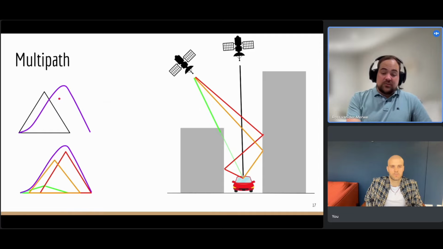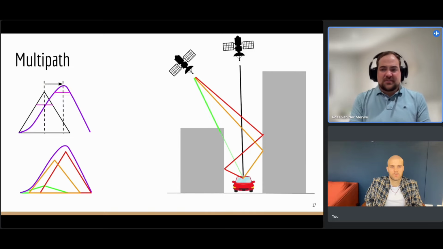So what your algorithm will be doing is it adds these 2 points near the peak and tries to estimate where this peak is. In the ideal case, you'll have your peak on this triangle. In the non-ideal case, it will be on this new quasi-bad peak. And this relates to this time offset that's pulling your pseudo ranges away. And this is really bad for your positioning. So the question here is, how can we reduce this?